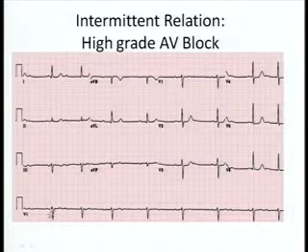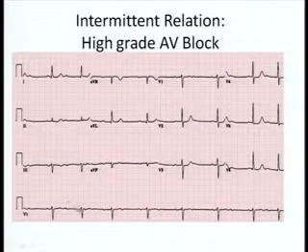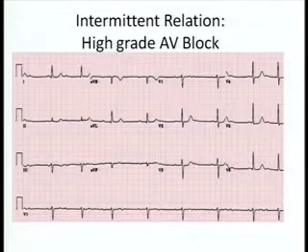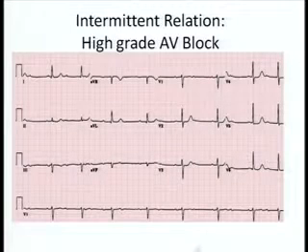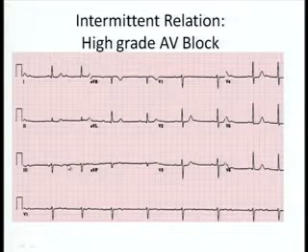Now here you have 1 beat which is conducted with less than 1 big box. There is another one with no QRS after that. So this is like, you know, girlfriends, boyfriends. You are occasionally related, next day you may not be. So something similar to that. So here I know that this P wave is conducted, and this one is not conducted. I know quickly that this patient has got an AV block, and the heart rate, ventricular